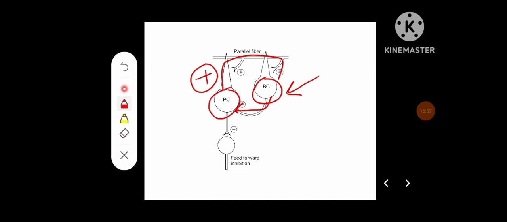Okay, so you can see the basket cells are mainly inhibitory to the Purkinje cells, but some of the afferents going from the basket cells themselves stimulate the Purkinje fibers, and the basket cells usually modulate the excitatory output from the Purkinje cells, and this kind of